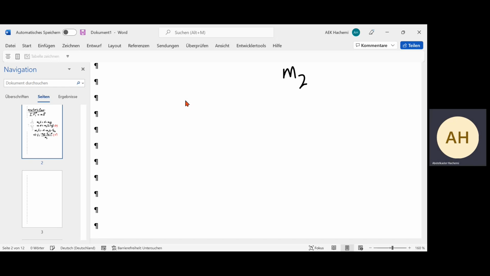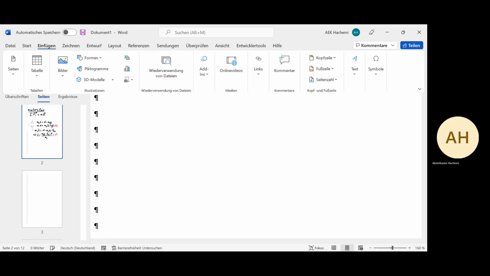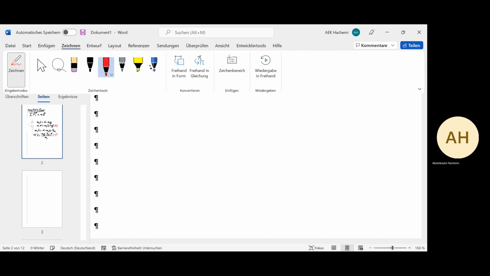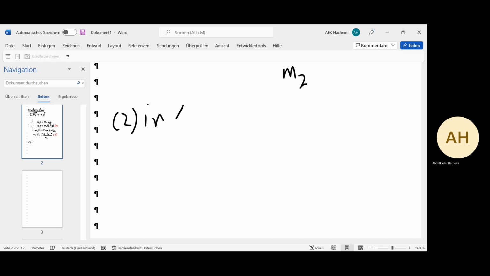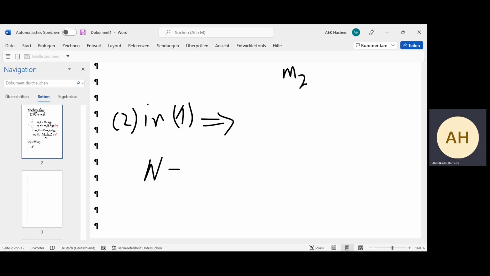And now if we take the equation 2 in 1, we replace N by its equation, we get here N will be equal